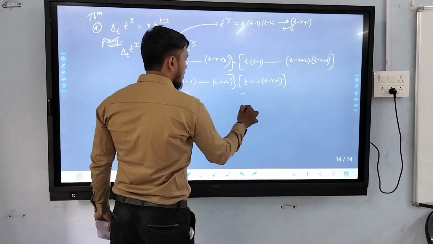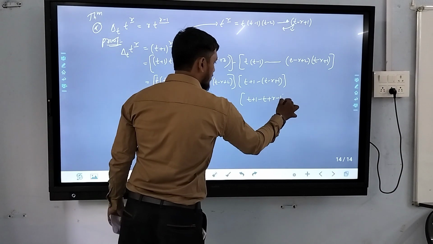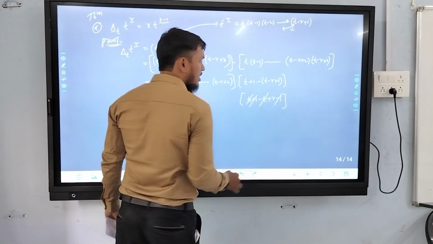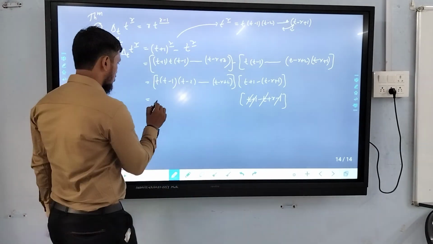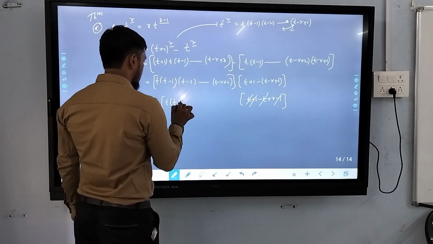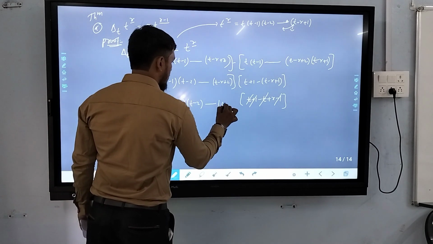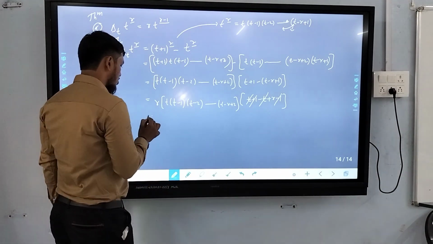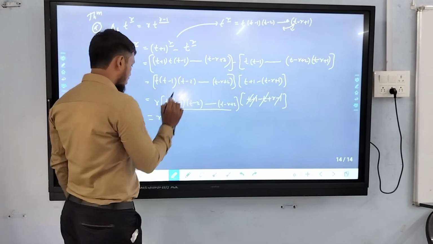Now simplify it. So this is t plus 1 minus t plus r minus 1. The positive and negative t cancel, the positive 1 and negative 1 cancel again. The only remaining term is r. So this is r, and then t minus 1, t minus 2, and so on, up to t minus r plus 2. So if we want to write it in the falling factorial power, what does it become?